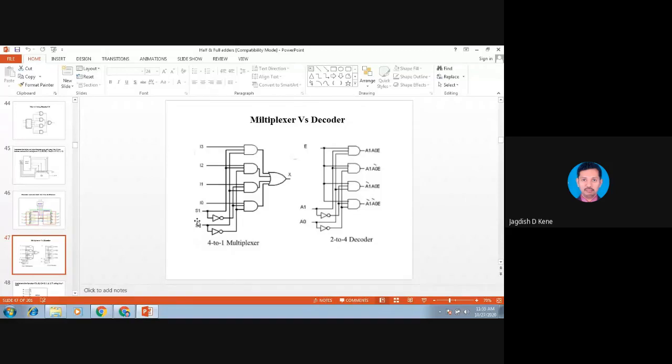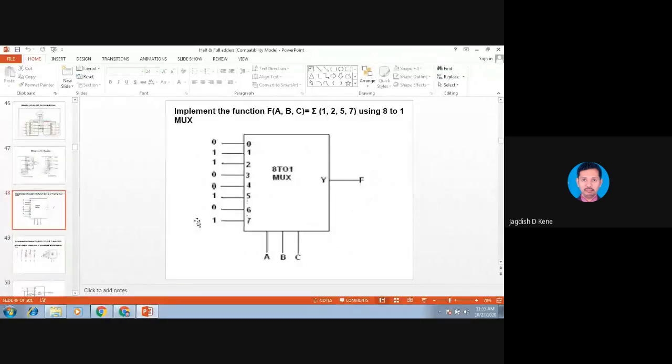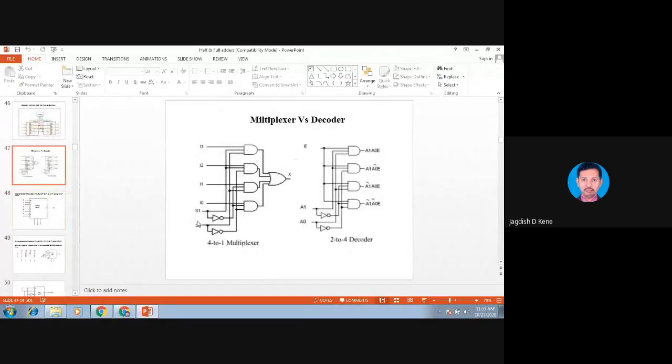Multiplexer is nothing but the selector. Demultiplexer is a selector, and decoder is a controller. And encoder is a compressing device, so all n inputs are converted into a specific size of bits. This is the difference between decoder and multiplexer.